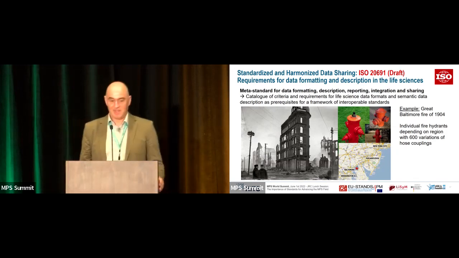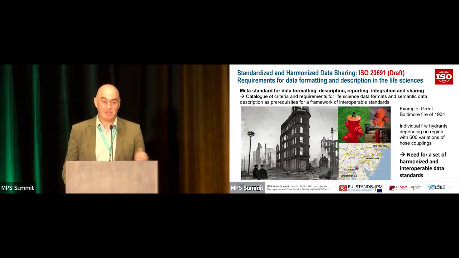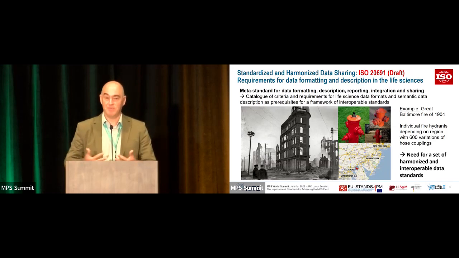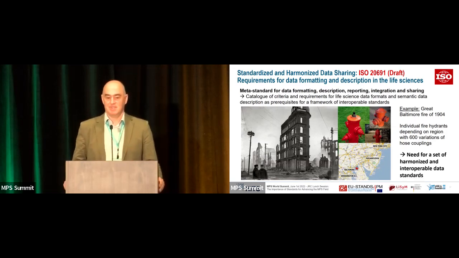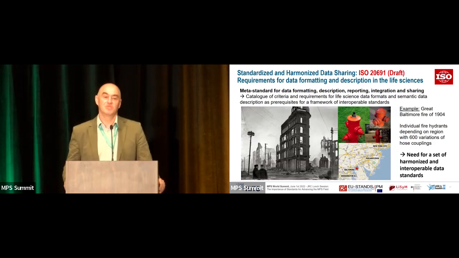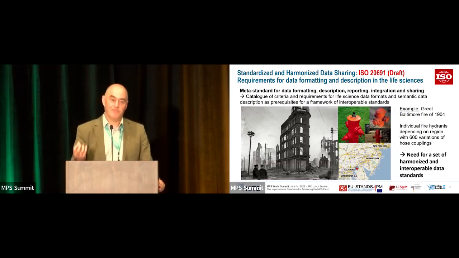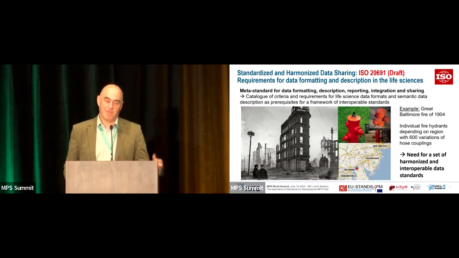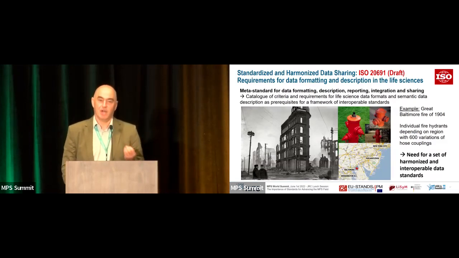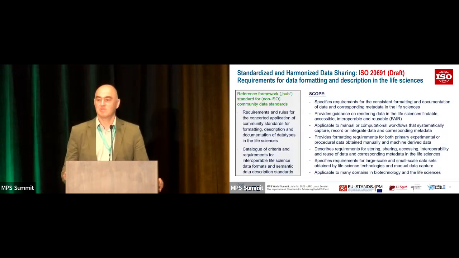I think that is quite a good analog to our world here, because we have all these different kinds of data that have to come together. You can see these data connections, the interoperability, as the hoses that need to be coupled to the hydrants, to the platforms that you use, to the experimental platforms, the MPS platforms. And also the different readouts that you have, they also have to fit to each other. And this is what we try to